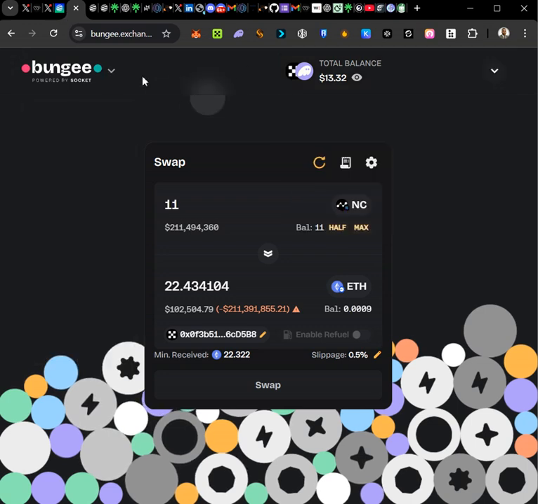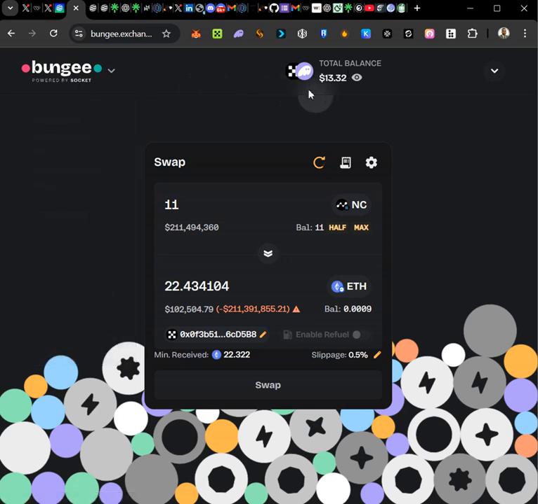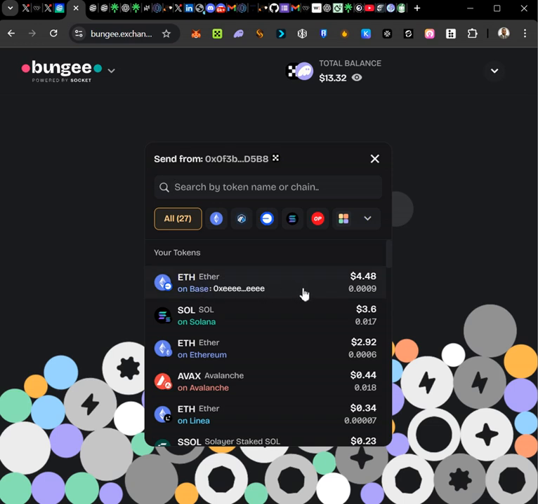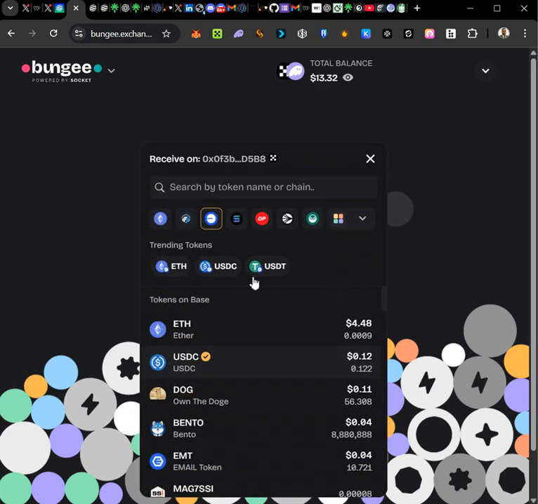Let me show you an example. This is an exchange, and it's powered by Socket Protocol. Right here you can see my balance across different wallets. I have multiple wallets here. What this protocol is saying is that you can swap from, let me give you an example, I have Ethereum on Base right here. So I click on Ethereum on Base, and I can decide to swap it to